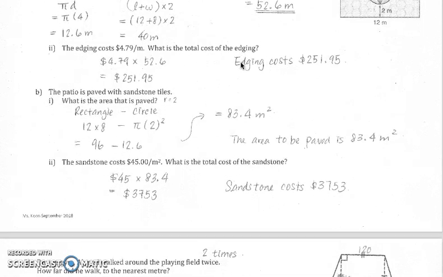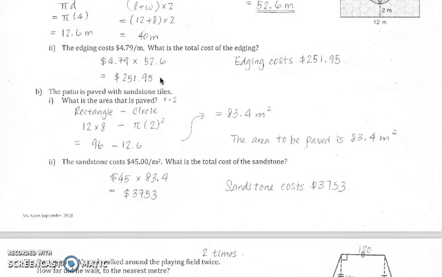Part 2. The edging costs $4.79 per meter. What is the total cost of the edging? Because this is the price of 1 meter and we need a total of 52.6 meters of edging, you multiply the price by the amount of edging that you need. So the edging will cost